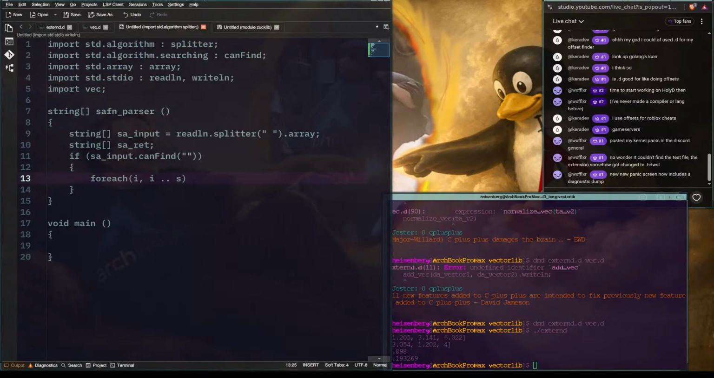I from 0 to dot dot SA underscore input dot length. And then we would set the length of this to equal new string array of SA underscore input dot length. I don't know how well that's gonna work. Now for each I of it, then the SA underscore ret of I is gonna equal